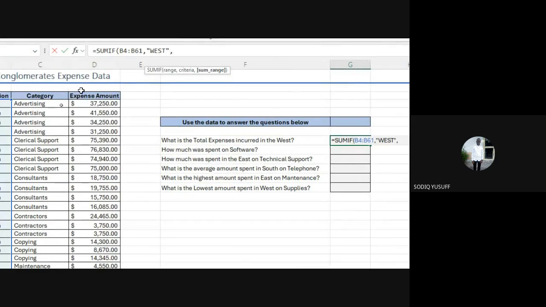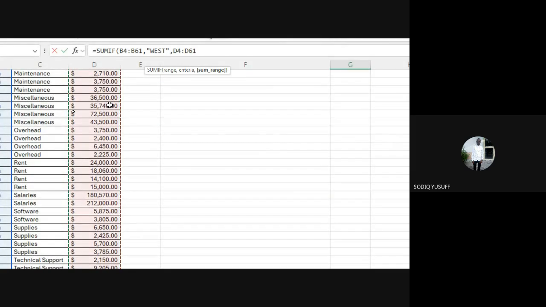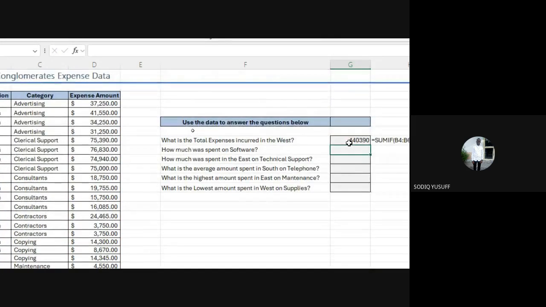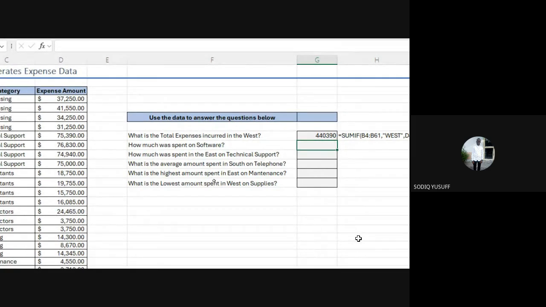So I only want to sum the expense amount. So I'm going to highlight the whole expense column without leaving anything undone. I don't need to pick the expenses one after the other and say, okay, this is West, and another West. No, pick everything at once. So I'll click on the first expense, Control Shift down. Then I'll close my brackets and hit enter. That should give me the total expenses incurred in the Western region.